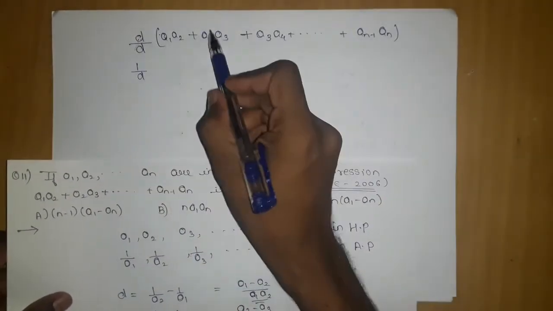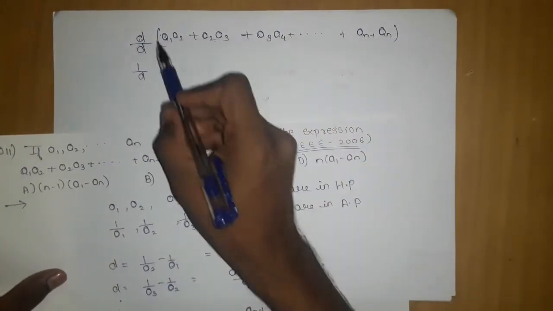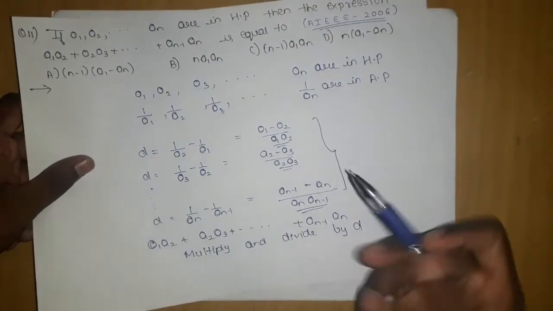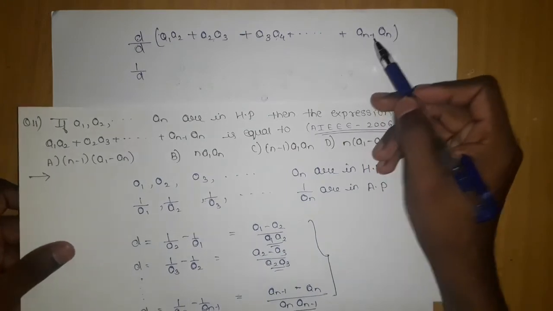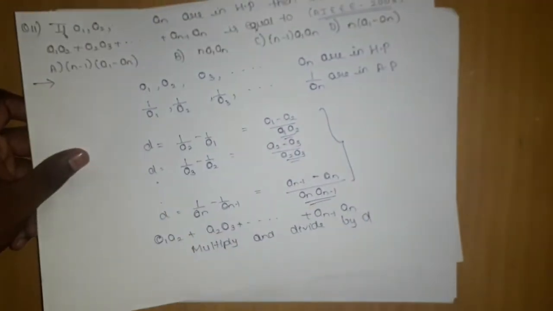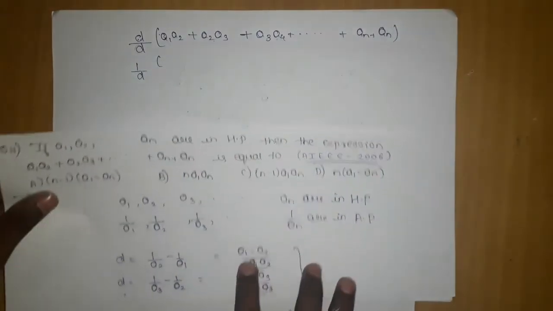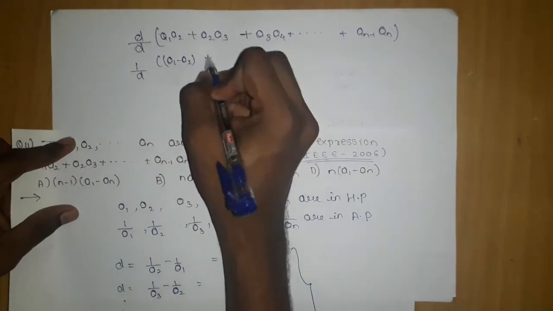When I multiply d with the next value, I will consider the d value this, and so on. When I multiply with the an term, an minus 1, I will consider the d value this. So what will happen is I will be left with a1 minus a2 from the first one,